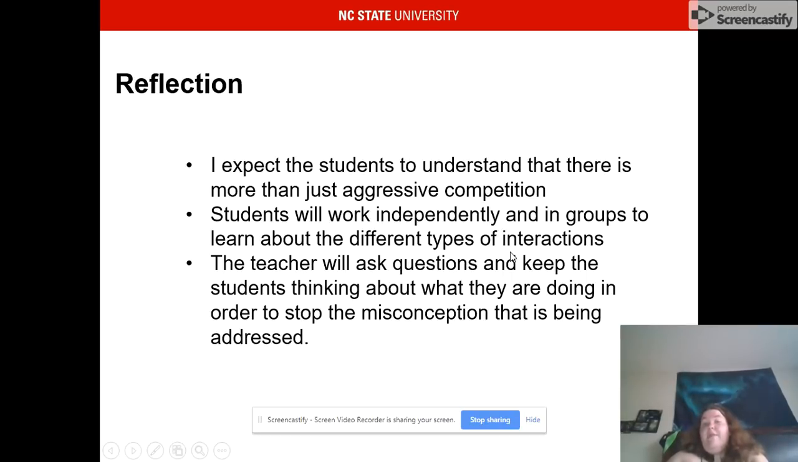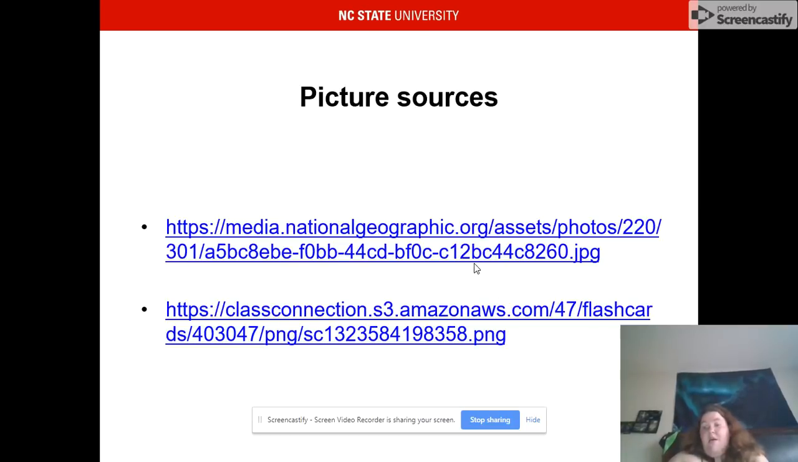The students will be able to work independently and in groups to learn about the different types of interactions and be able to tell me by the end what they are. I will be going around as the teacher and asking questions to keep the students thinking outside the box and be able to keep an understanding of what we're learning. There's some pictures